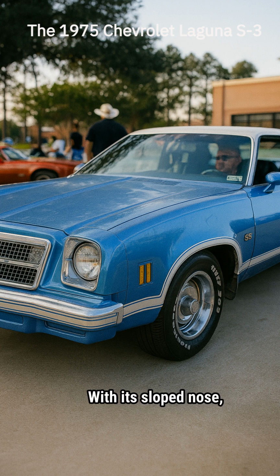superspeedway. With its sloped nose, urethane front end, and ducktail rear spoiler, the Laguna S3 was born for NASCAR, and it dominated. Drivers like Cale Yarborough pushed it to the front of the pack, making it a Chevy favorite in the Winston Cup Series. Under the hood, you had options, from a 350 small block to the mighty 454 big